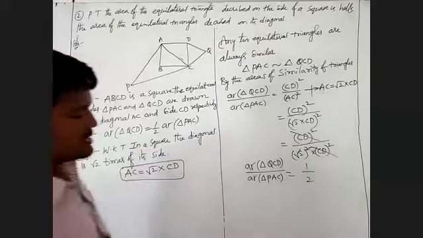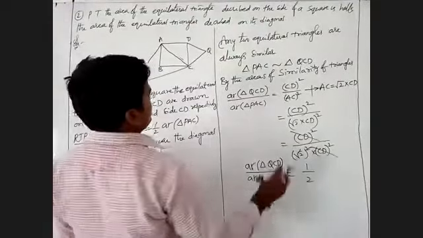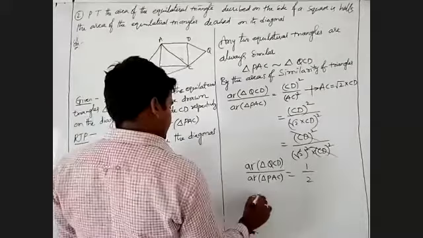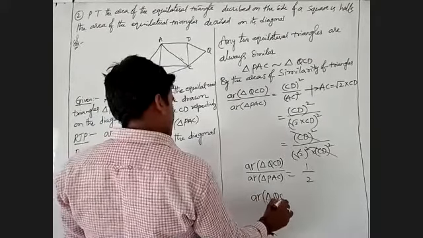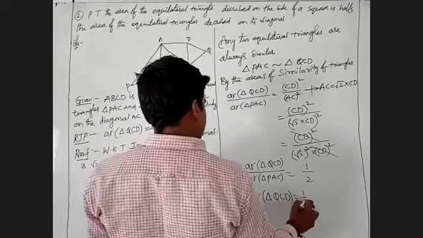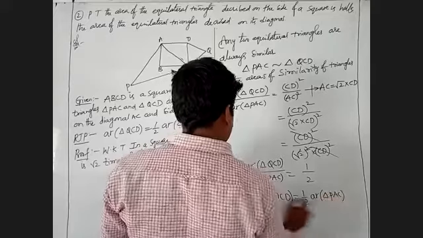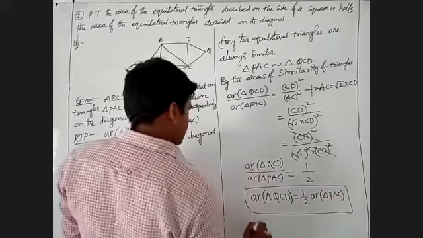By using the transform, this value becomes this side. What do I have to write? Area of triangle QCD is nothing but half the area of triangle PAC. Hence